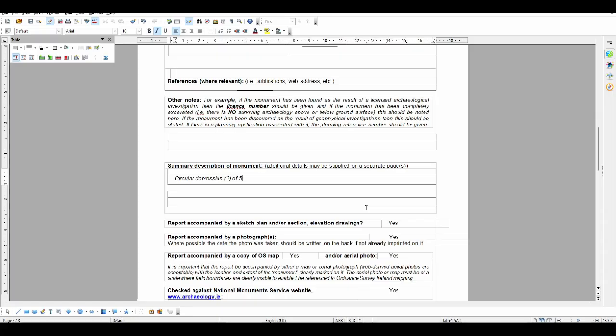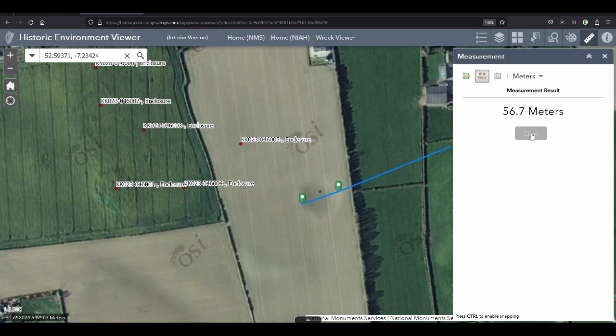So 56.7 meters diameter, surrounded by oval crop mark, two words, crop mark of, and then you want to clear this to measure the next one,